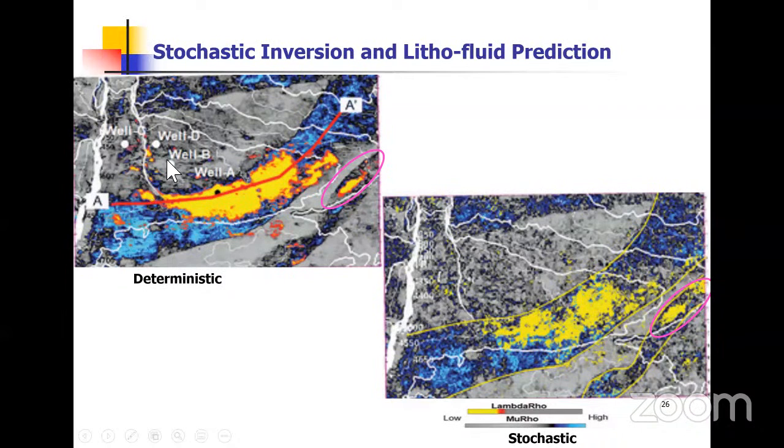But 3 of the wells didn't find the sand. It was only well A that found the sand, because what you had was a combination of both structure and stratigraphy. And probably the focus then was structure. And so only well A was inside the sand, the channel sand. So you can see on the